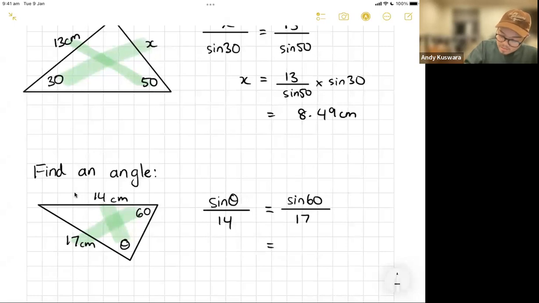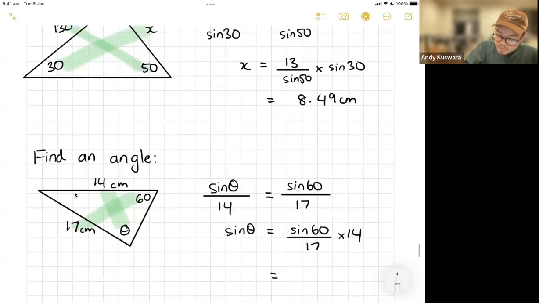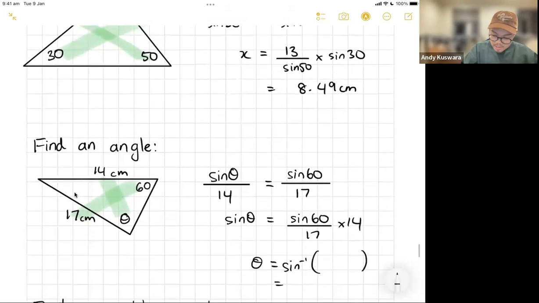Now, very similar, I will start moving things over. I'll times 14 to both sides to solve for sine theta. And the last step here is I would actually solve for theta. So in other words, now I do a sine inverse, and that's going to give me sine inverse of this whole thing. And hopefully if I do this right, times 14, you should get something like